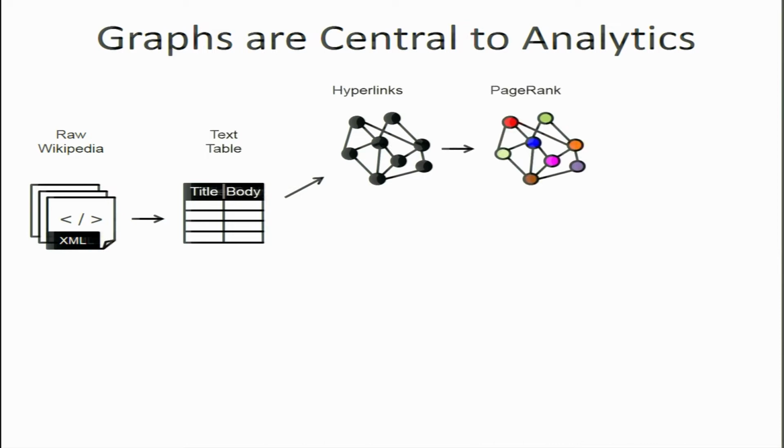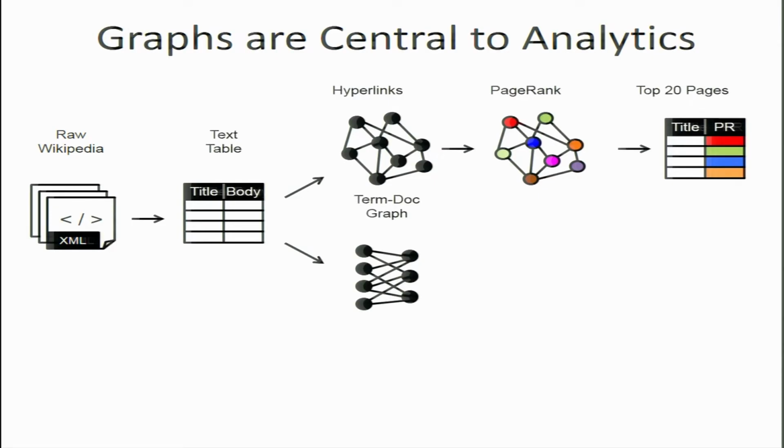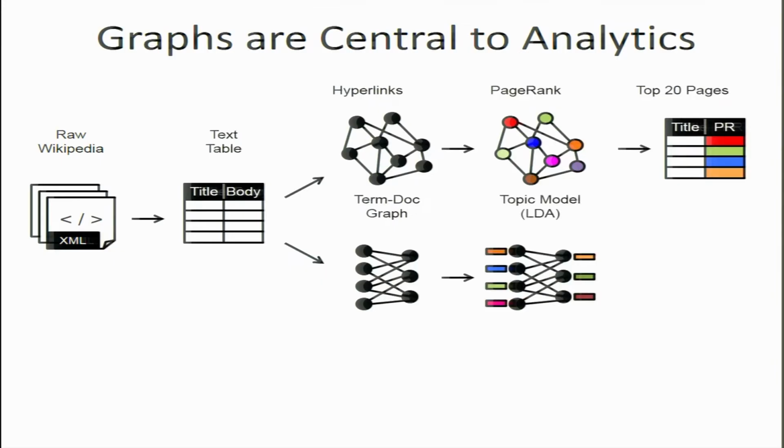On the hyperlink graph, we can run the PageRank algorithm, and after this PageRank algorithm, we can find out the top 20 different pages. Their titles and their page ranks are extracted in the form of a particular table. Similarly, from a text table, we can construct another graph which is called a term document graph,